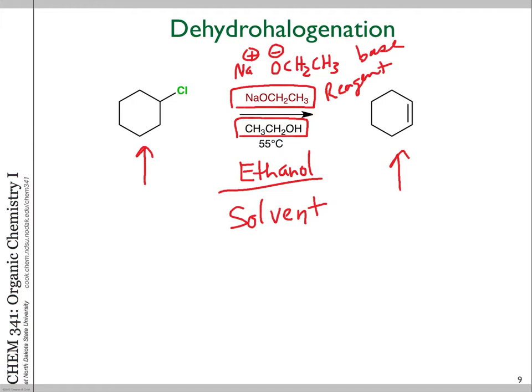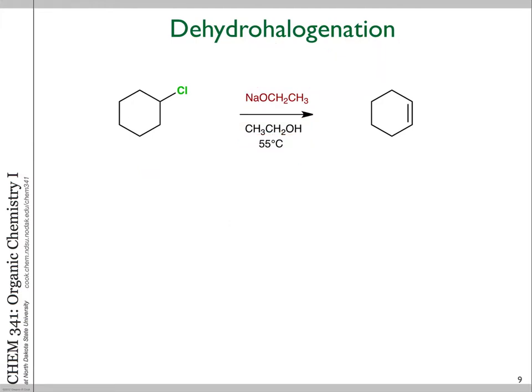So what you often see when you're using alkoxide bases is that the solvent has the same general structural features. So ethanol, we use sodium ethoxide. You could do the same thing with sodium methoxide in methanol, or we'll see later various base solvent combinations that we can use. Now this base